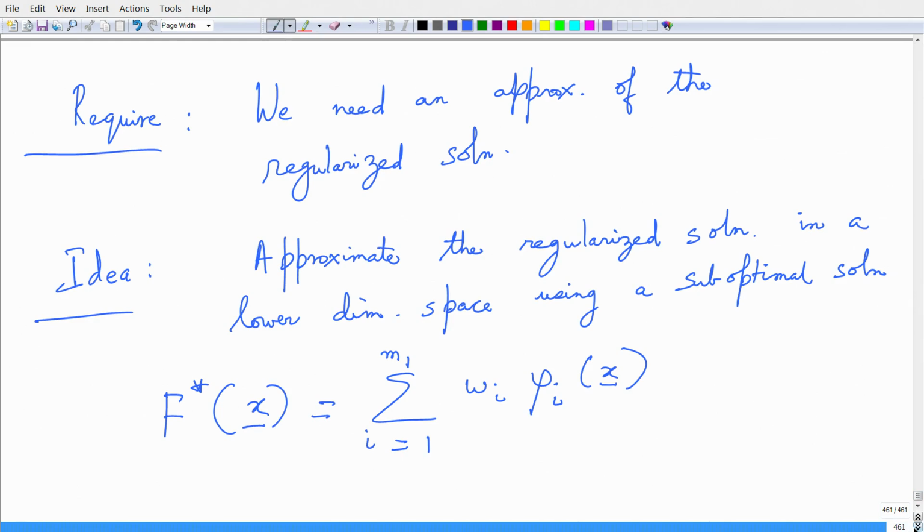Plus when you formulate the Gram matrix and then take its inverse, sometimes there can be ill conditioning, though you might want to impose positive definiteness and endow it with good properties, depending upon how your data points are. This may be ill conditioned. So because of which we would want to come up with an approximation to this optimal solution to the regularization problem, so that we approximate the solution in a lower dimensional space where we can solve this problem. Okay. So let us go forward with this.